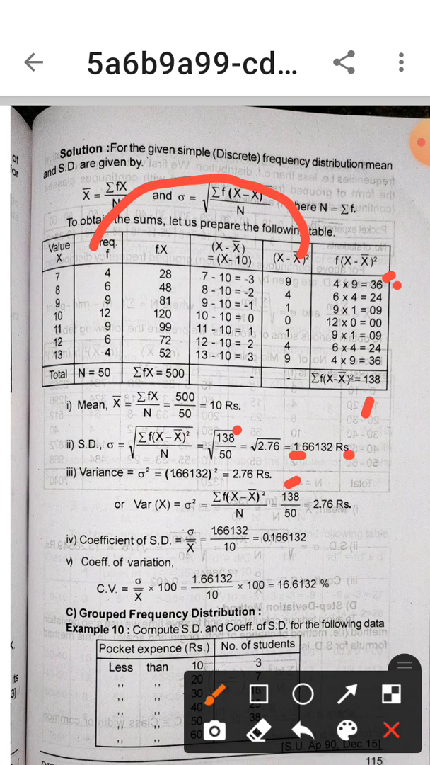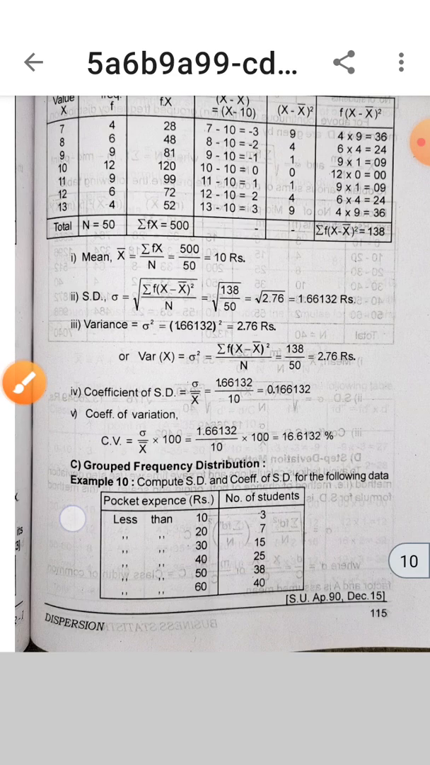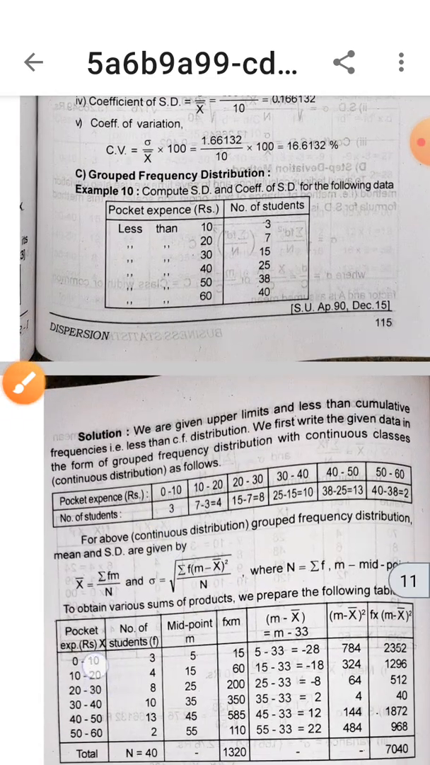sigma upon mean into 100, that is sigma 1.66 upon 10, that is mean, multiply by 100. You will get 16.61%, because CV is always expressed in percentage. Okay, this is the calculation of standard deviation in discrete type of distribution. Okay, and last one,